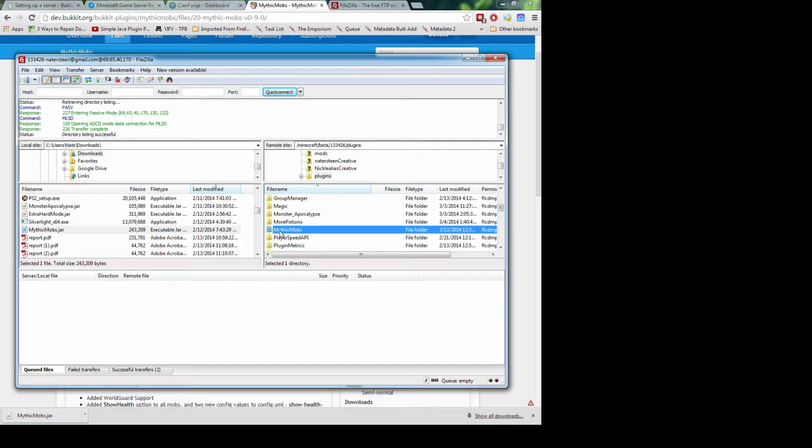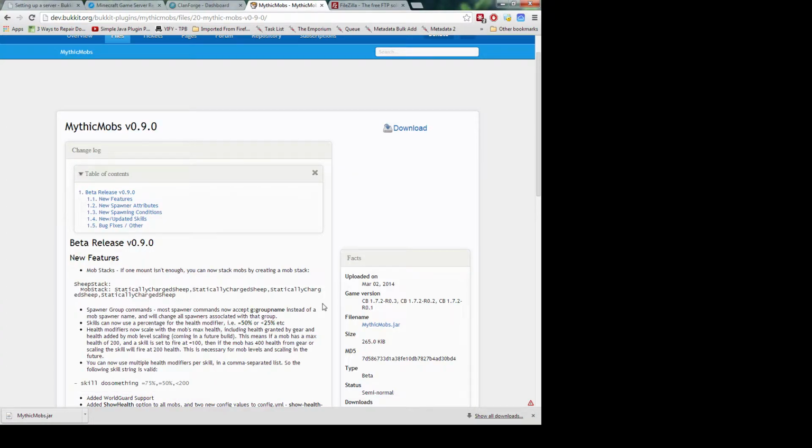So anyways, every single time you install a .jar plugin, or most of the times, it'll create within the plugins folder another folder which will then have all of the .yml files or configuration files. These are specifically used to modify the plugin. So if you look under Mythic Mobs, you can see